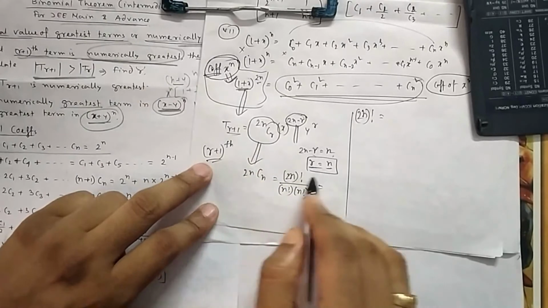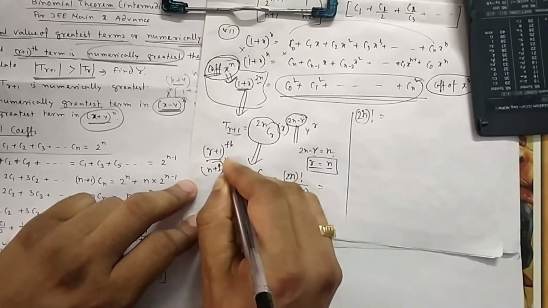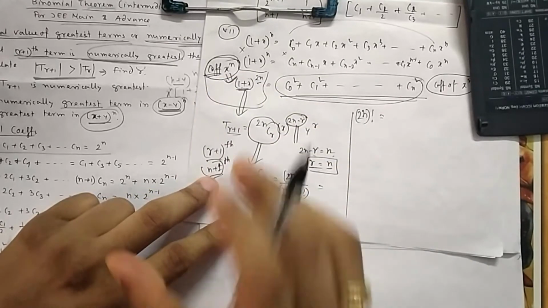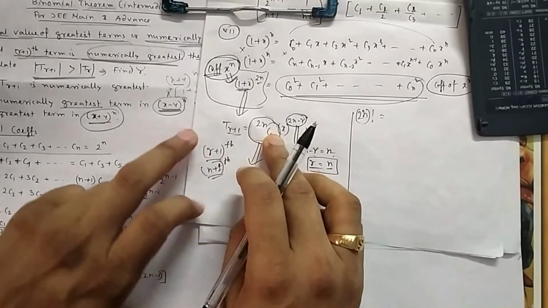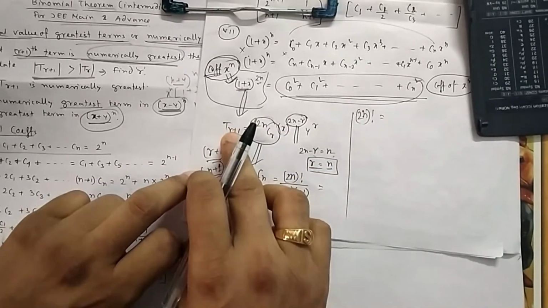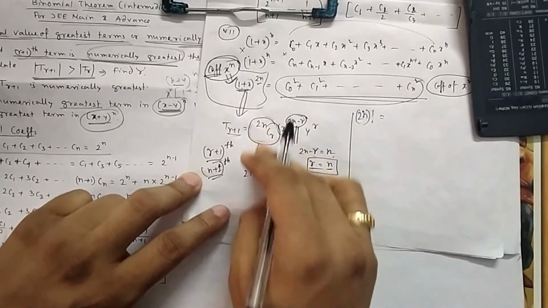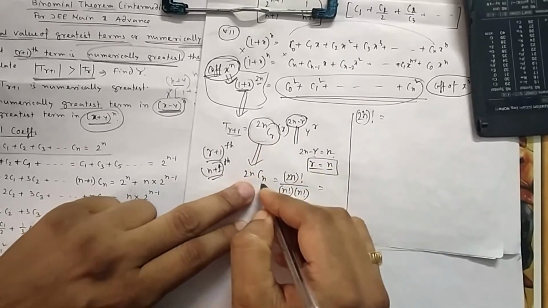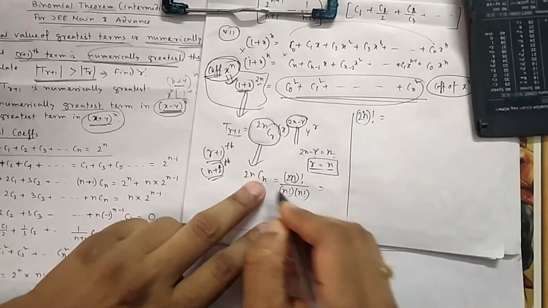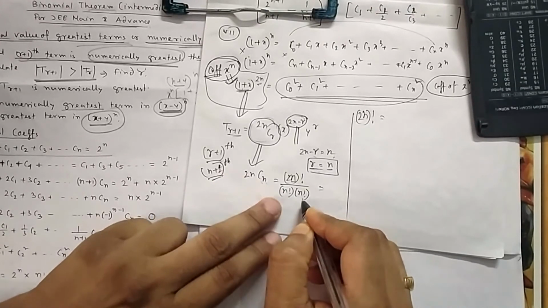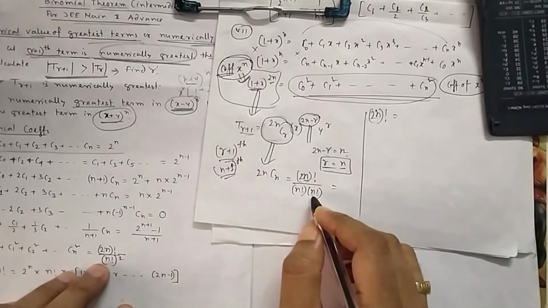That means the r plus 1th term, that is the n plus 1th term, is the required term that we are looking for, which term has the x to the power n coefficient. This is the coefficient, because this is the n plus 1th term. If I put r equal to n, I will get the term. I am not interested in the term, I am interested only in the coefficient. So the coefficient will be 2nCn. And what is the formula? As per the nCr formula, n factorial by r factorial into n minus r factorial, 2n minus n. So it will give you the answer, that is 2n factorial by n factorial whole square.